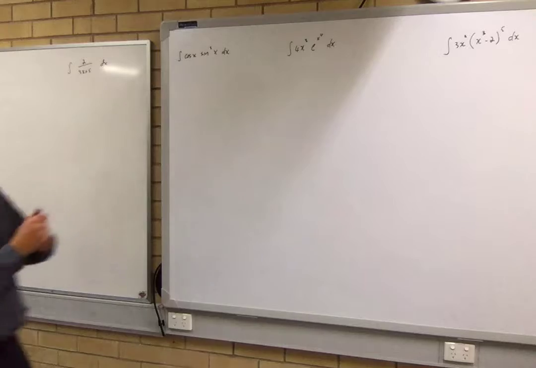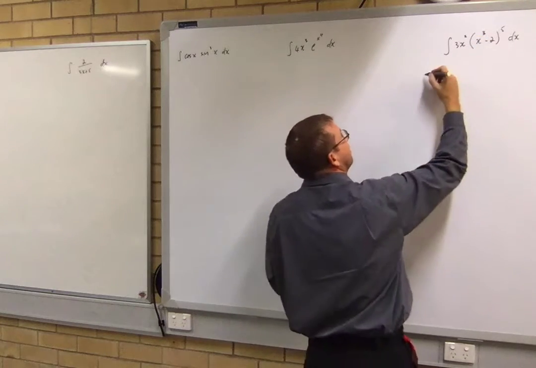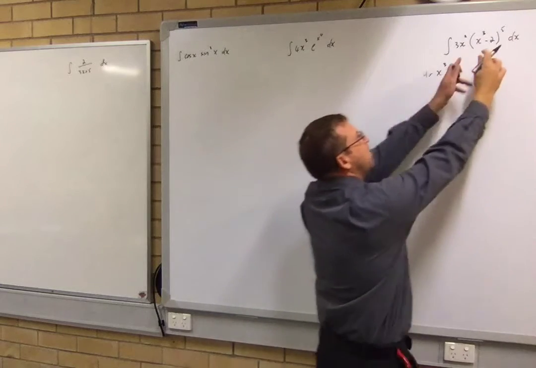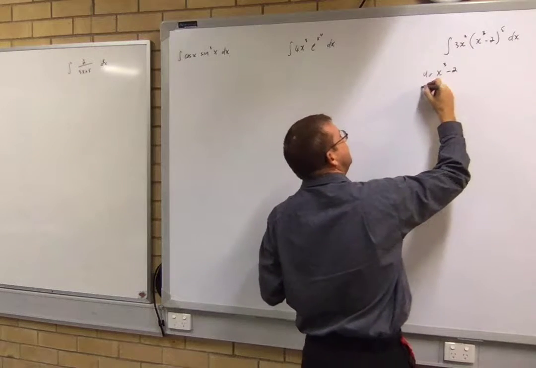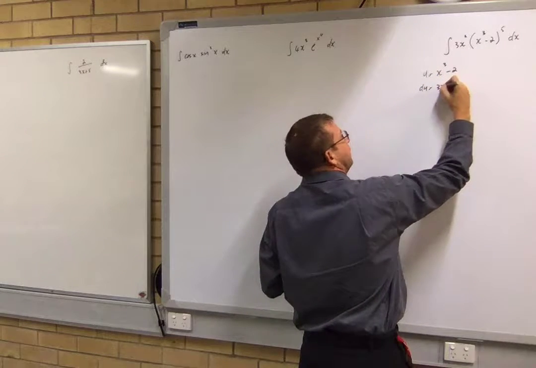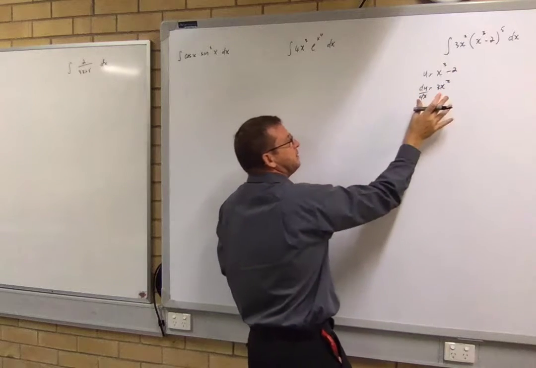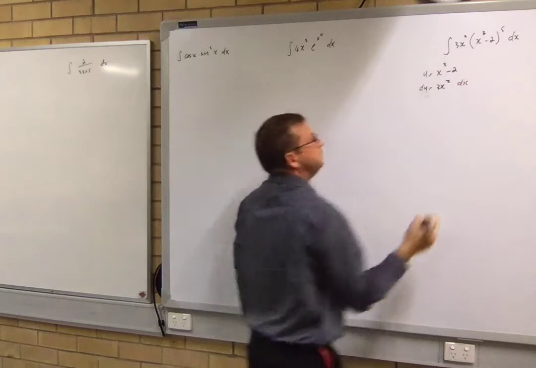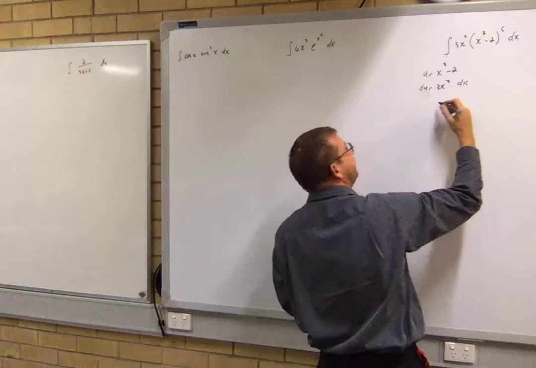You can see, what do you reckon we're going to set u to here? So really we want to get rid of the whole bracket. So we want the whole bracket to be u. So du dx, and if I shortcut it, I'm going to multiply by the dx. I would like you to then put that